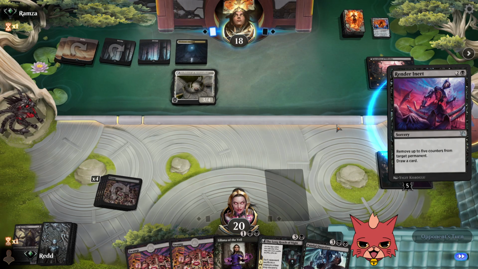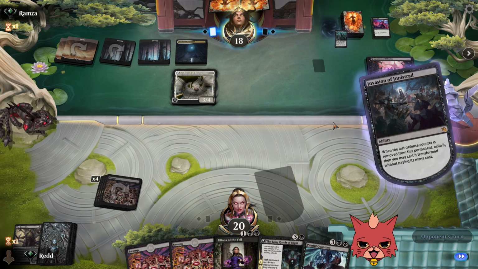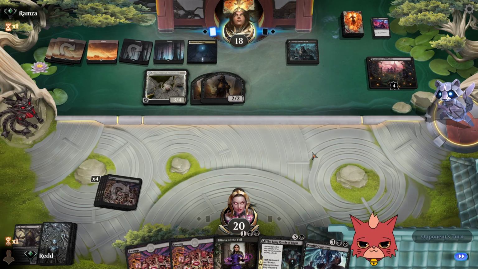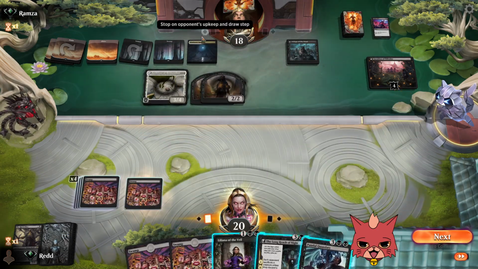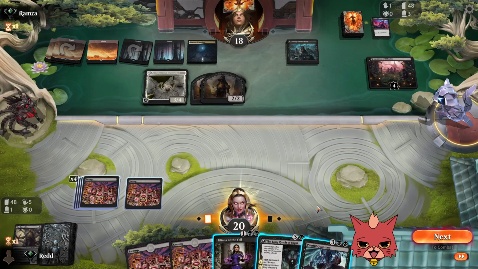Render Inert. Let's go. Okay. So they flip that into an enchantment, I believe. Get a couple zombies, which works really well with our sacrifice abilities. Oh, man. I guess Painful Quandary early on before working on any of their creatures could be fine. I am a little bit afraid that they find something to remove our enchantment, but...